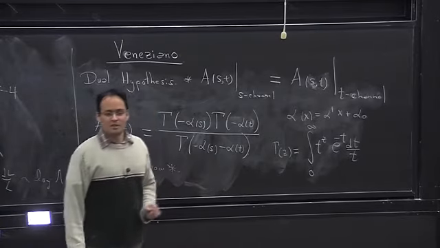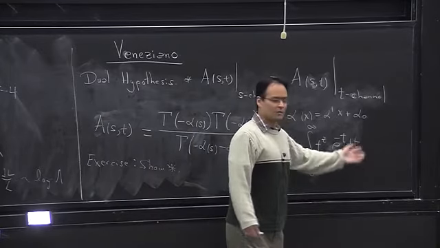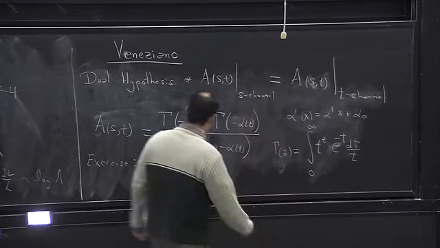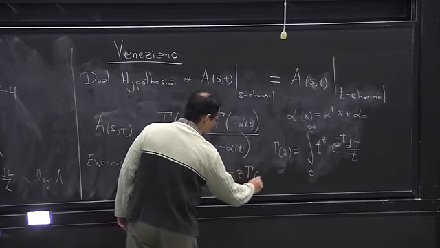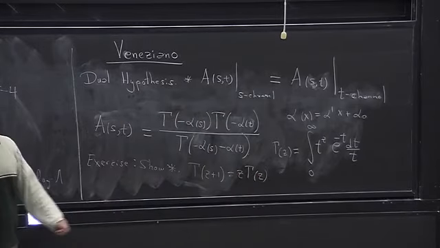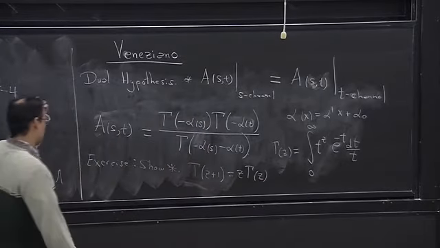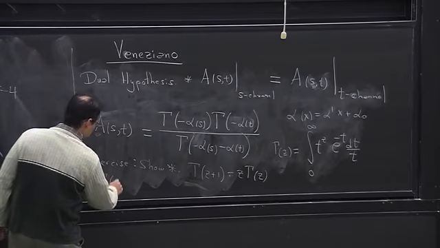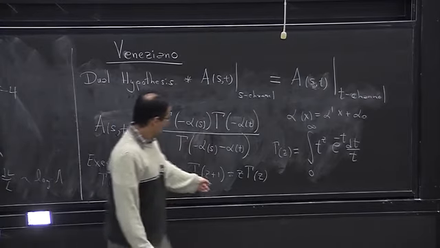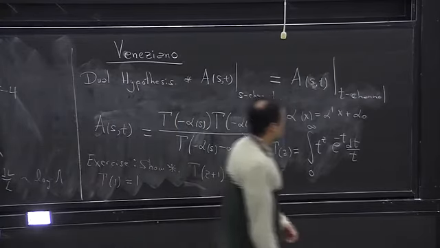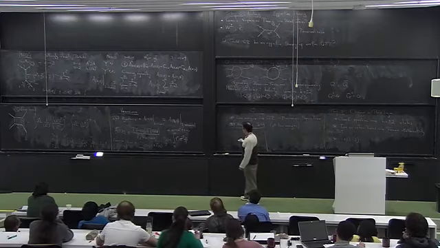Now, the only thing that you really need in order to do this exercise, you don't even need to know what this function looks like as an integral. All you need to know is that this function satisfies this identity. Okay? Of course, you all know that this function is related to the factorial, right? In particular, gamma of 1 is equal to 1. But note that gamma of 1 equals 1 means something interesting. It means, so let's do it here, and then we finish. It means that